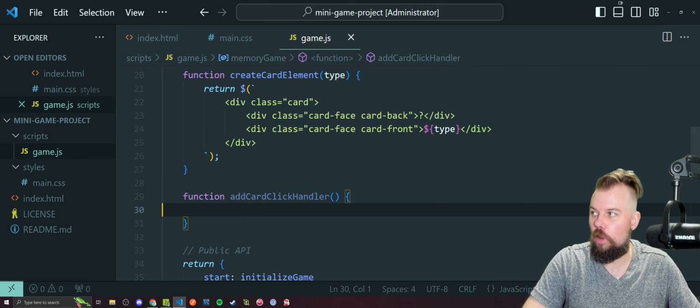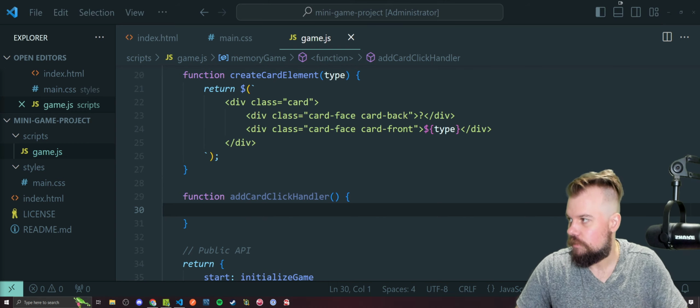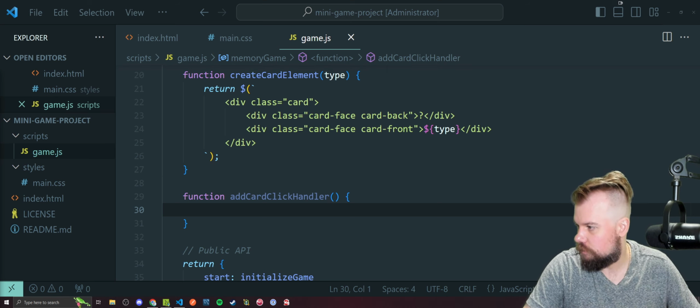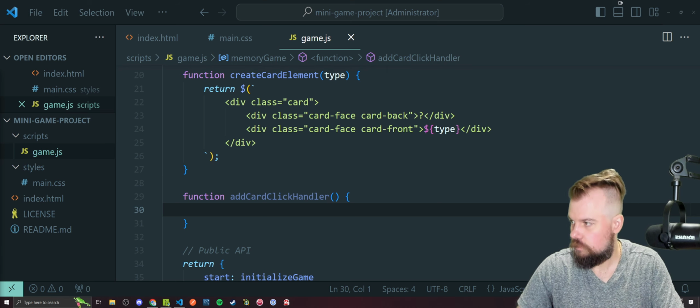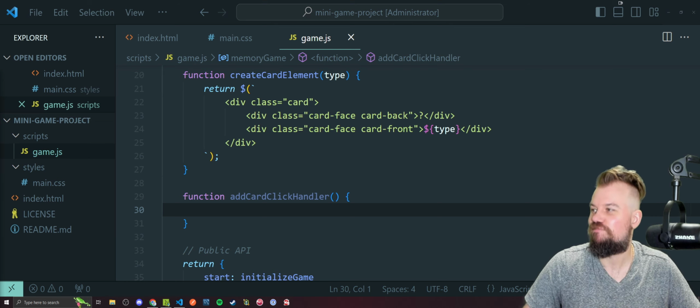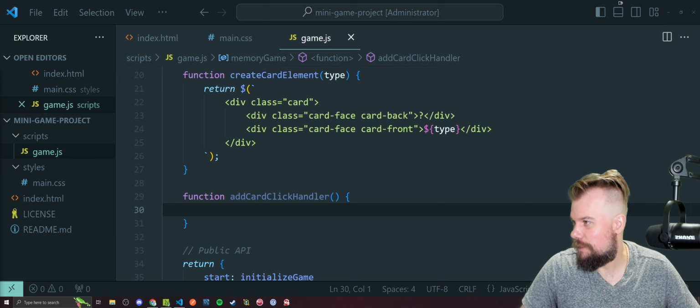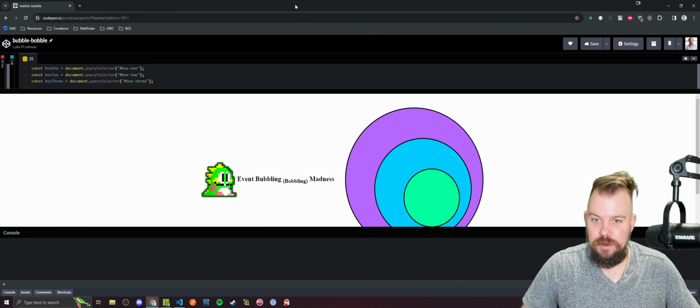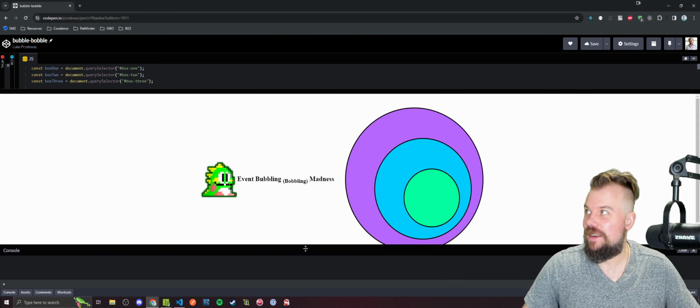I actually have a whole Codepen about this. I'm going to link it in the description down below, but let's take a look at it together here. At least I'm pretty sure I do. I can't believe I took the time to make this. This is so stupid. All right, so I made this Codepen